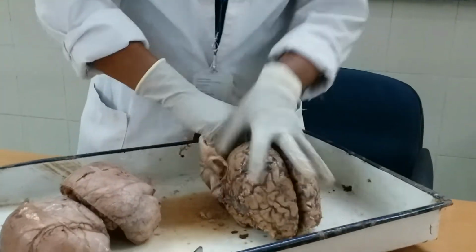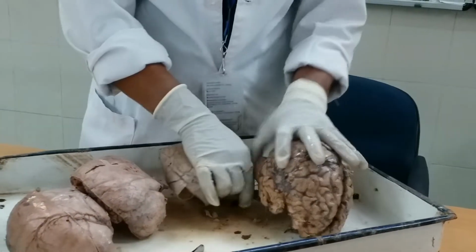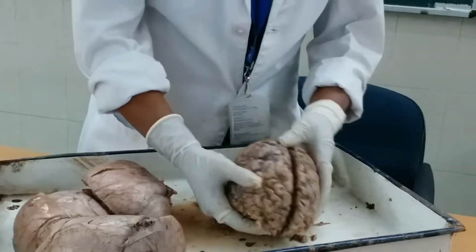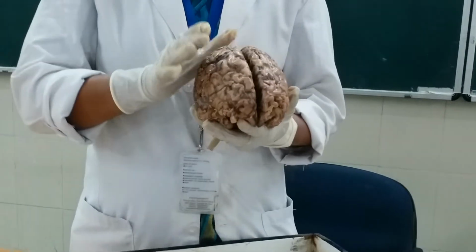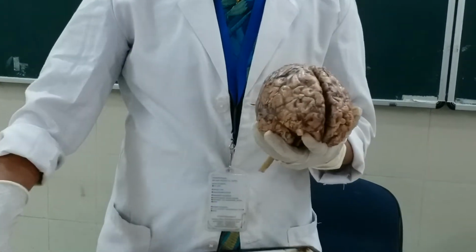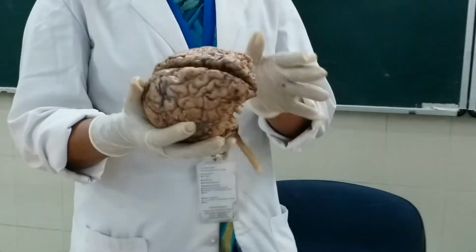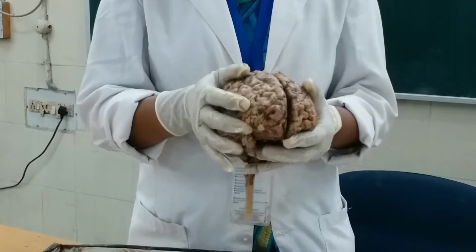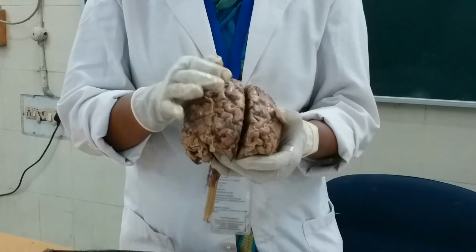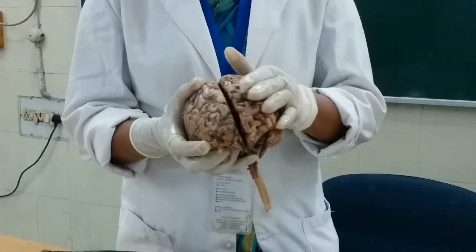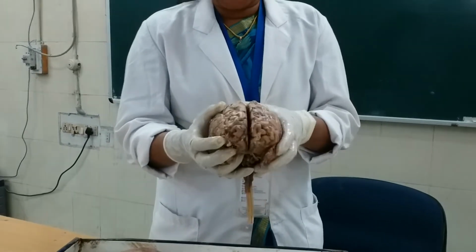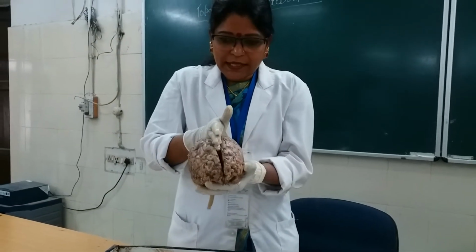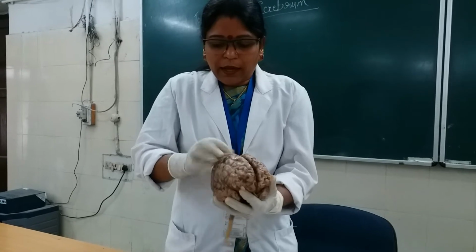So, we have discussed already the dura mater. Now, I am removing it. Now come to the brain, the topography of it. What are the parts? The whole of the cerebral hemisphere is divided into two halves, the right cerebral hemisphere and the left cerebral hemisphere, divided by a median sagittal fissure.